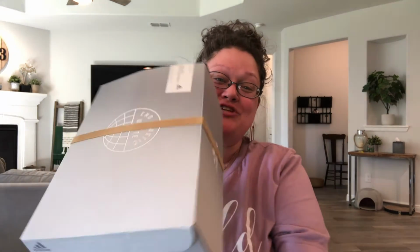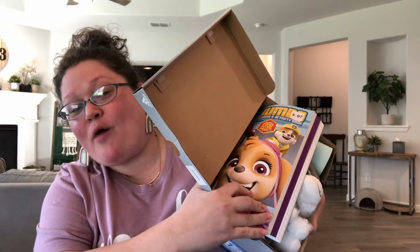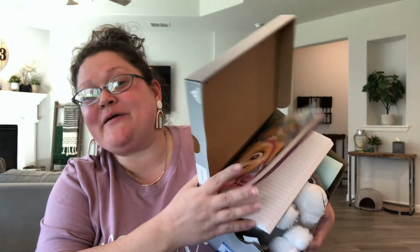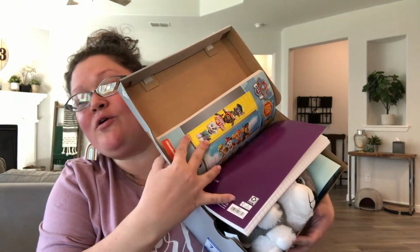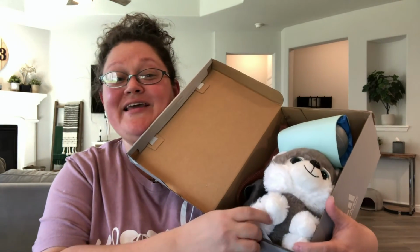And then here is his box. It is bulging, and it feels so complete to me. Let me take off the rubber band and show you what it looks like. It does pop open, and there is his Paw Patrol coloring book right on top, and his spiral. And then even when we take these out, he still has his wow item right there on top, and his cup that I stuffed with the beach ball